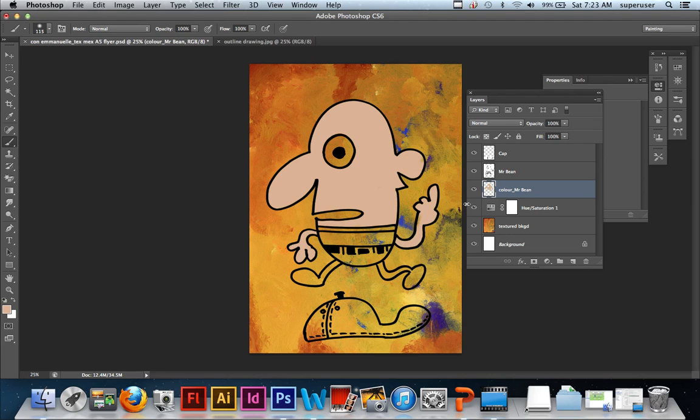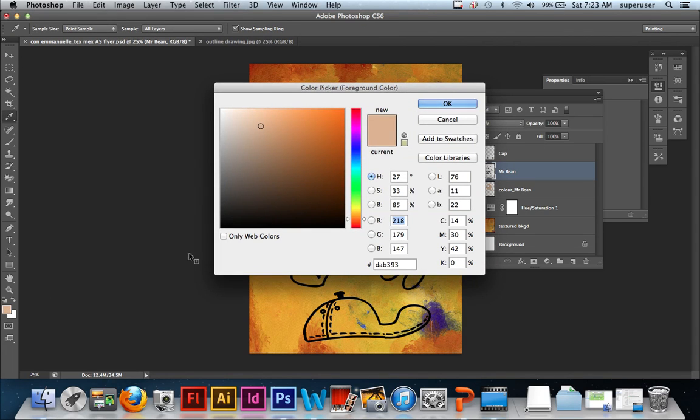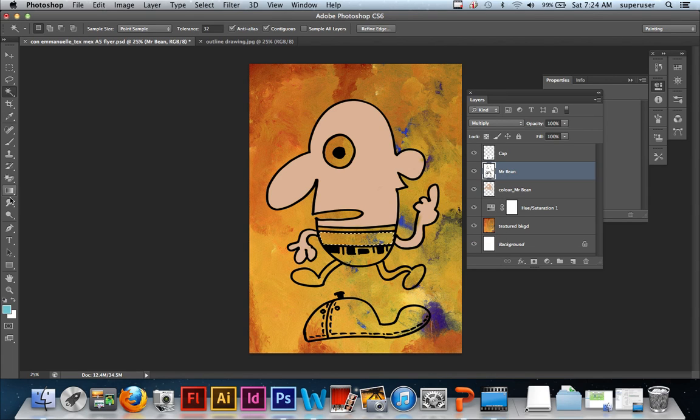The other way, of course, is you go back to Mr. Bean, you use your magic wand, you select, say, the belt area, and you go and choose your color. So I'm just going to click on the foreground color chip here, and let's say I want a bright blue belt. And instead of painting it, you can use something like the paint bucket tool. And you simply just click, you must go back to your color work layer, you click,